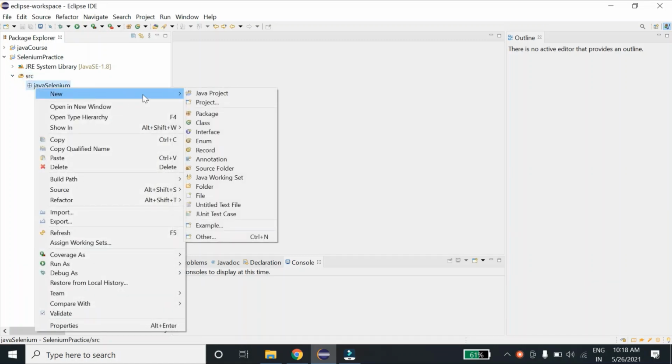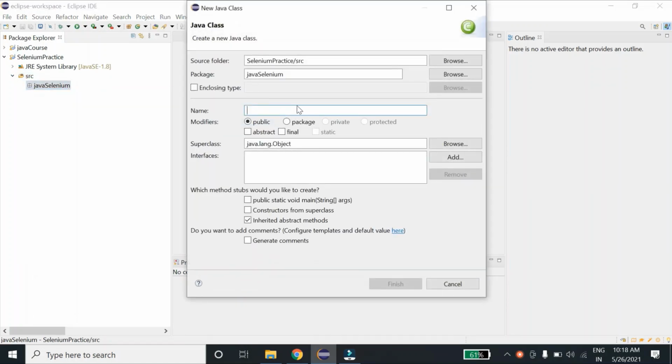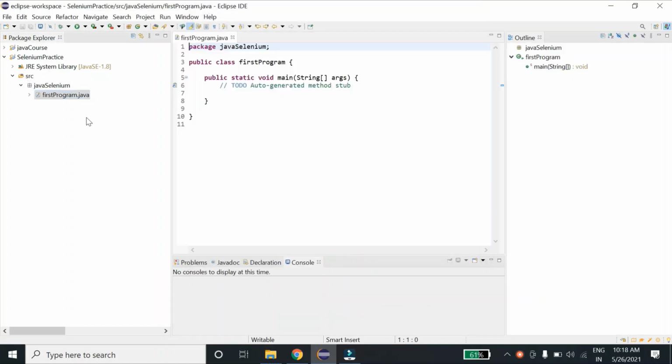Now let me create a new class over here. First program. So the first step is to instantiate your driver. To instantiate the driver, we will write WebDriver equals new ChromeDriver.